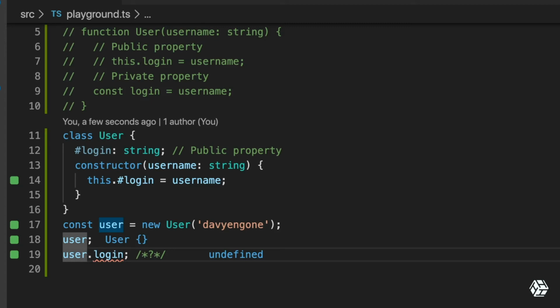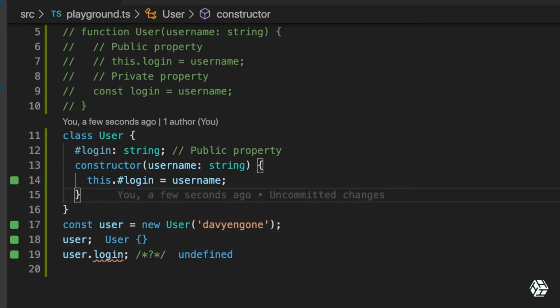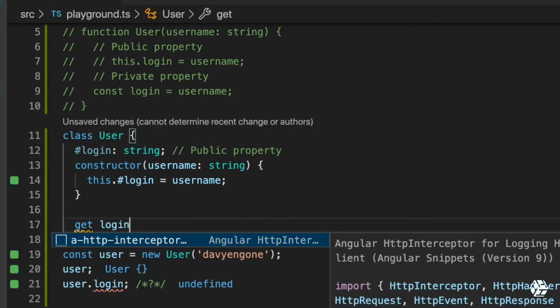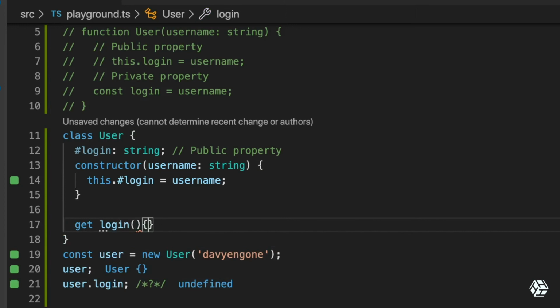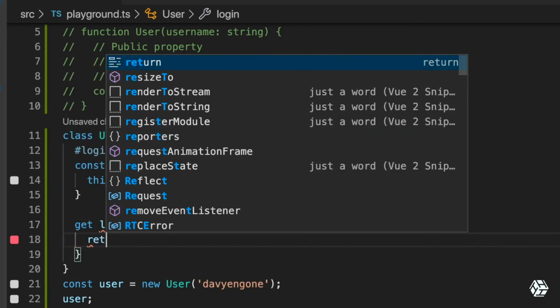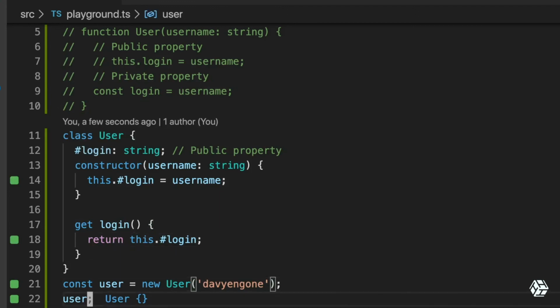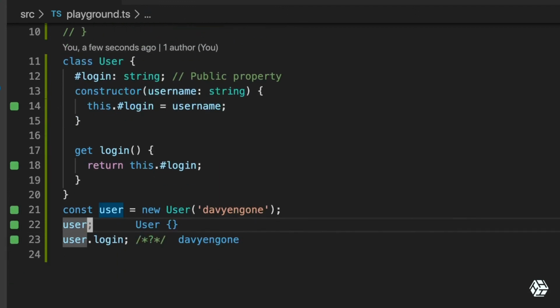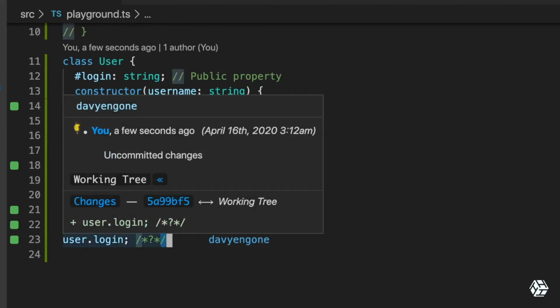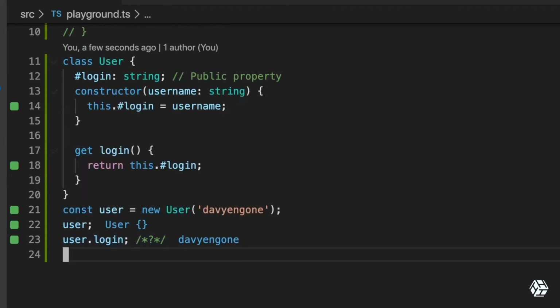The way to do that is to create a login property and just return this dot again. And now as you can see right below, user.login returns the name we passed right here,